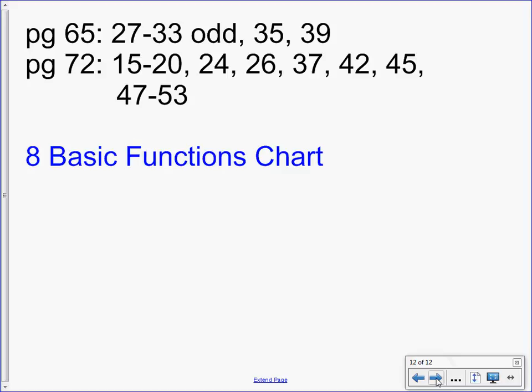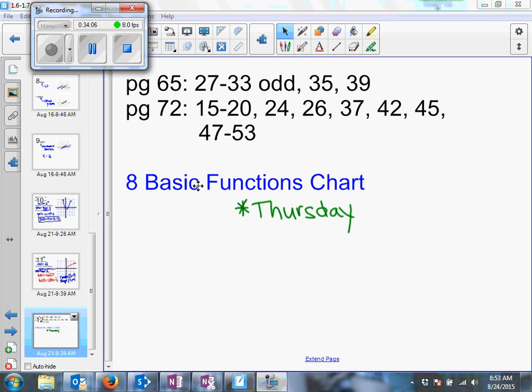As promised, I will hand out this 8 basic function chart that you need to have filled out. I will give you until Wednesday to fill it out. Actually, you know what? I will give you until Thursday to fill it out. The sooner you fill it out, the better. But I will give you till Thursday. Friday, you're really going to need it because we're going to do an